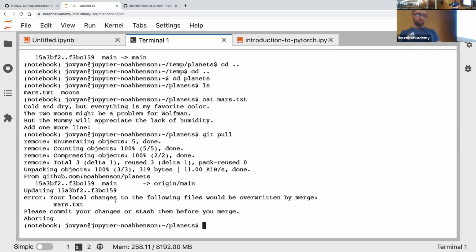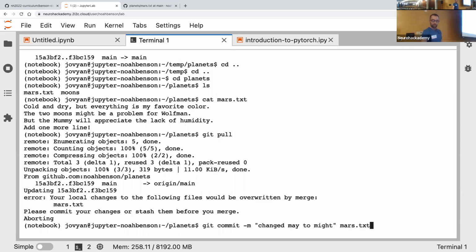Okay, so alternately, it says, please commit your changes or stash them before you merge. So we can commit the changes. It also says we can stash them. I don't really use stash very often, but I believe it's a way of storing it temporarily, like putting it in a scratch space so you can work on other stuff and then pull it back. But we'll just talk about committing for now. So let's go ahead and commit. And our message will be "changed may to might